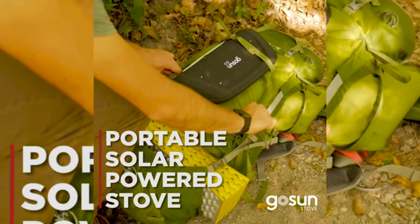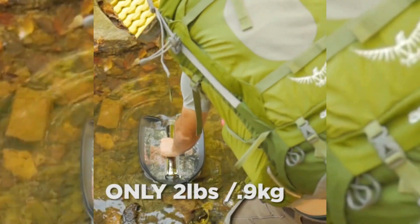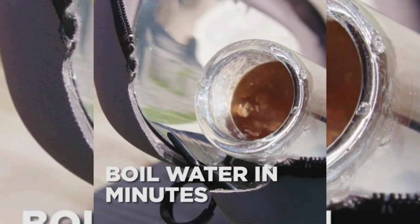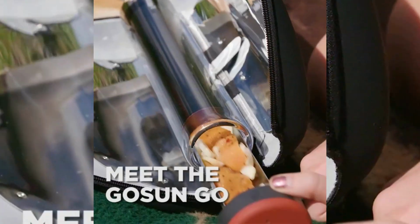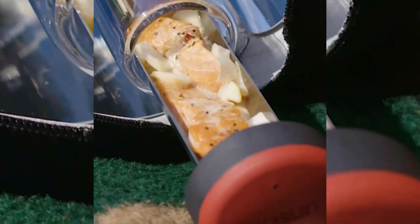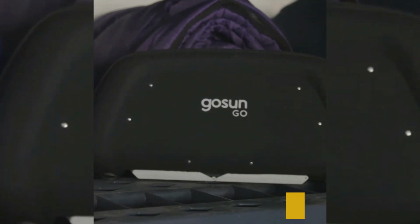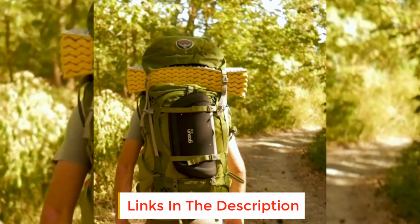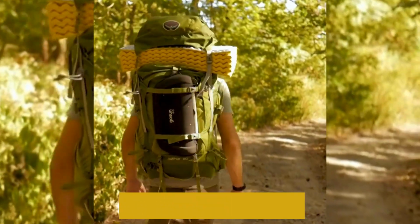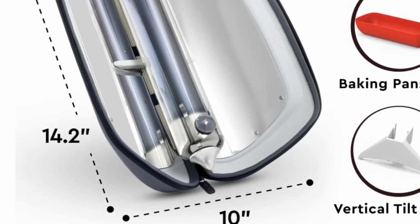One of the first things that you notice about this solar oven, apart from its great design, is just how sleek and portable it is. With measurements of only 14.17 by 7.09 by 3.35 inches and a weight of 2 pounds, it may be impossible to find such a portable solar oven. This also means that you can easily carry it or store it in a small bag when you are